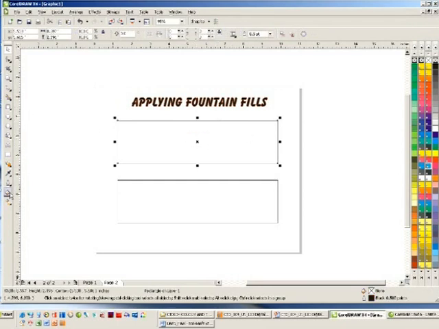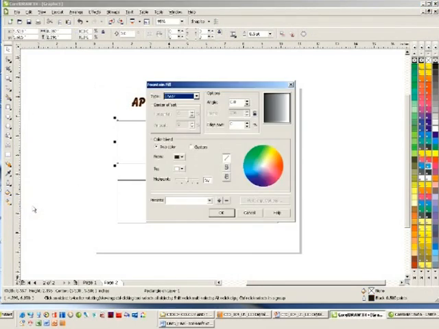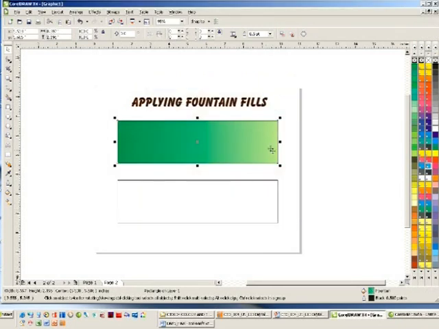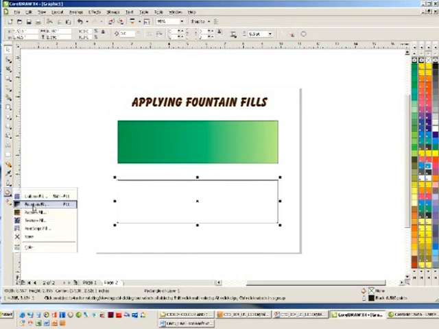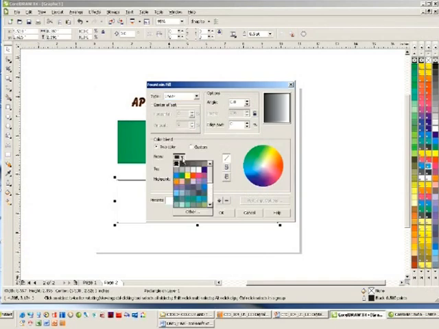The sample in the picture shows a linear fill from medium green to a light green. The lower sample shows a 45